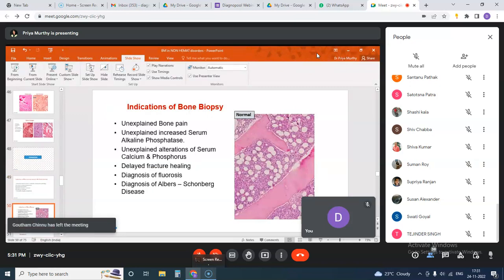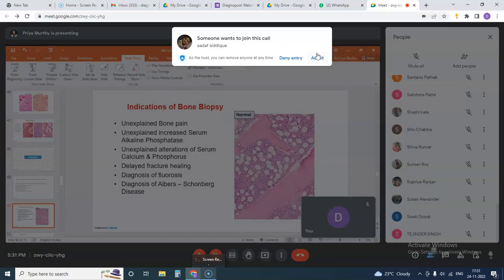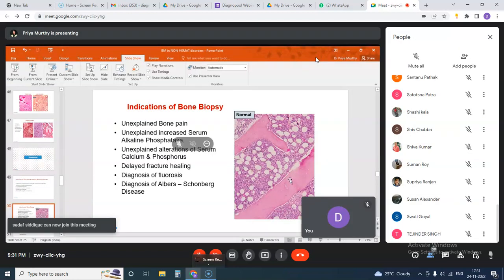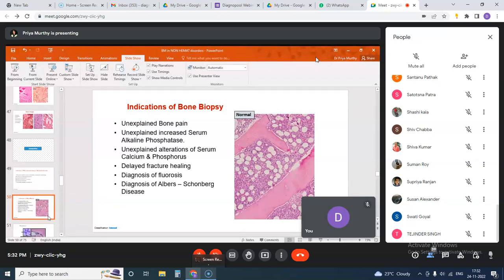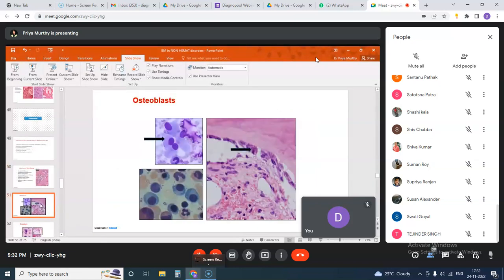So normally when we see a bone marrow biopsy, we see that the bony trabeculae are uniform in thickness. The surface, the endosteal surface, is very smooth, and usually lined by a few osteoblasts, and you may find a few osteoclasts as well. So we know now osteoblasts and osteoclasts are very important in bone remodeling and the general bone structure.